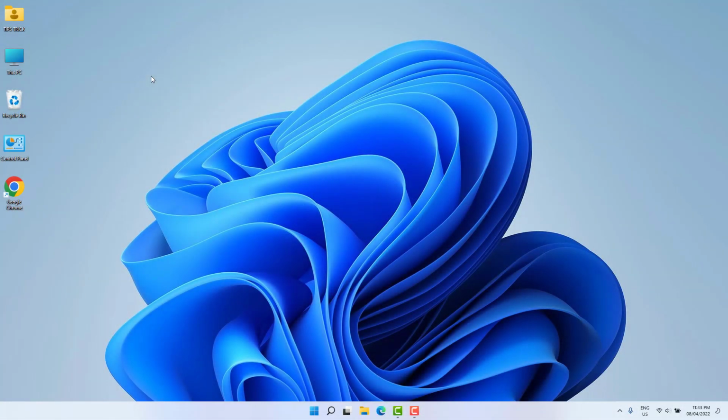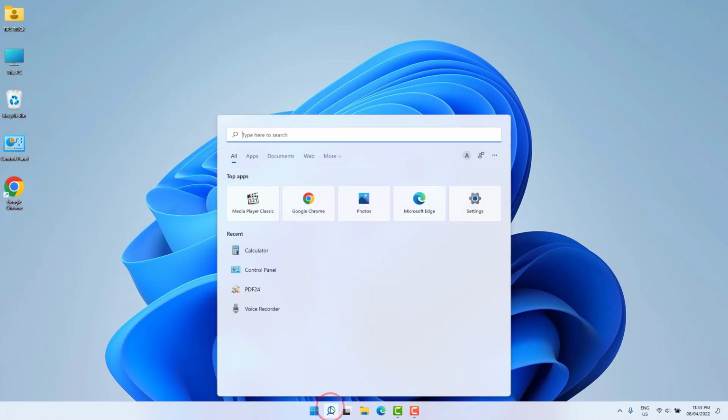Maybe in some cases you want to take a backup of your Windows 11 PC or laptop. In order to do that, it's really very easy and simple. You need to click in your Windows 11 search bar and then type here